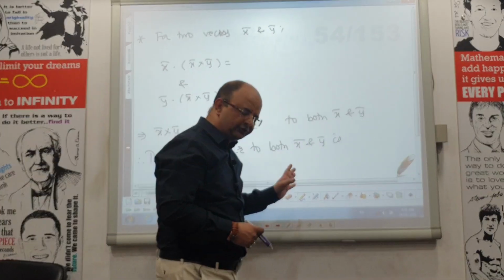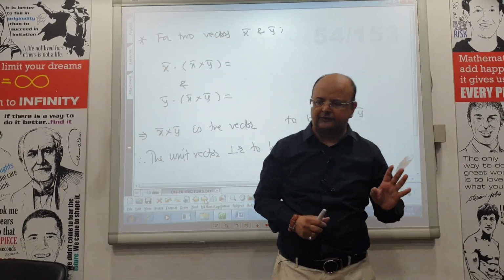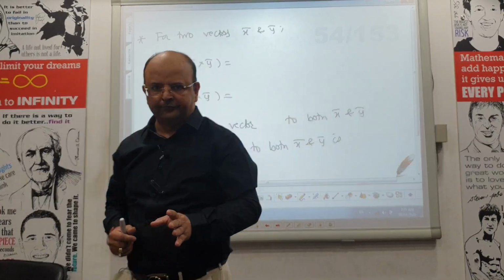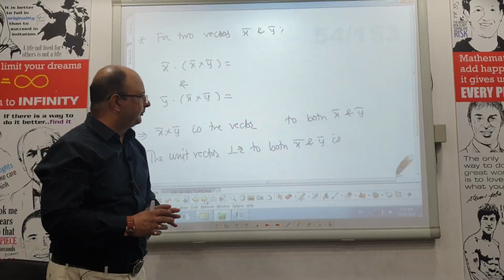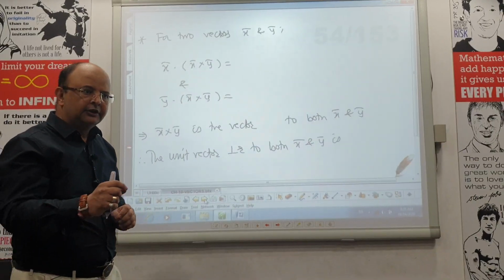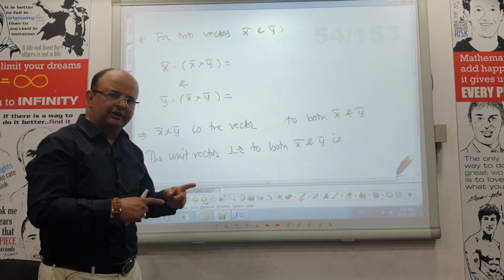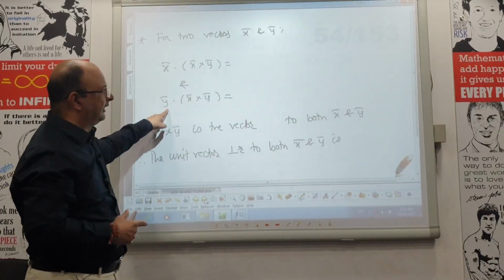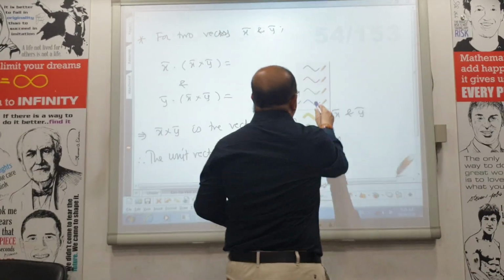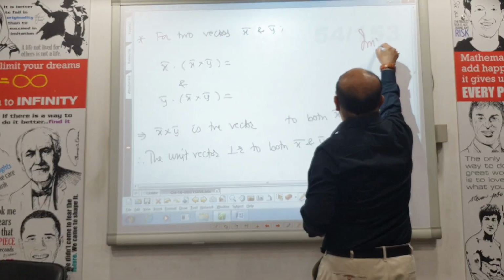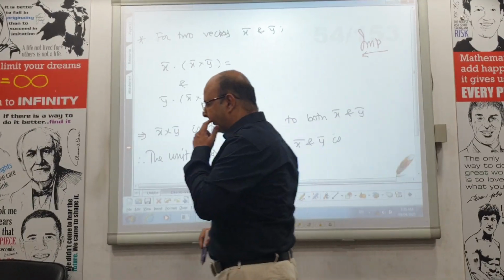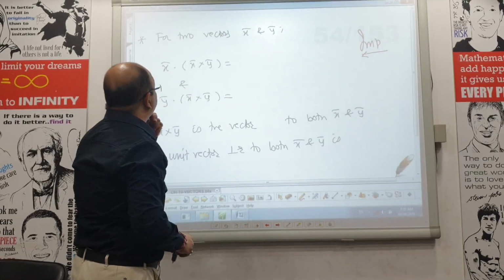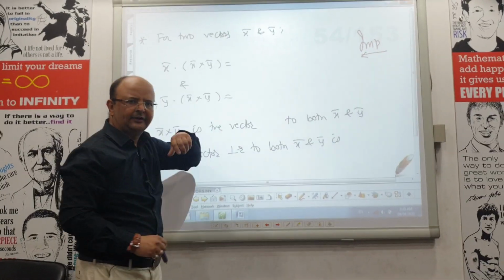I am going to use this frequently in chapter 11, that is 3-dimensional geometry. And that is a very easy chapter. But in that chapter, in almost every alternate example, we are going to use this formula. That's why I tell you, you are supposed to remember this. This is my most important formula for three-dimensional geometry. Let's go for it. We have seen that before.